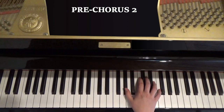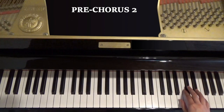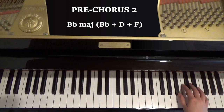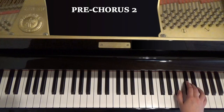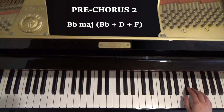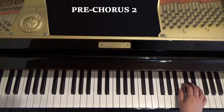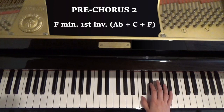Let's start with the right hand. And the only difference with this bit here is that this time, instead of doing a B flat minor chord, you do a B flat major chord. So instead of the D flat in the middle, you play a D. So it's B flat, D natural, F, and the rest of it in the right hand is exactly the same. So with the voice, it's